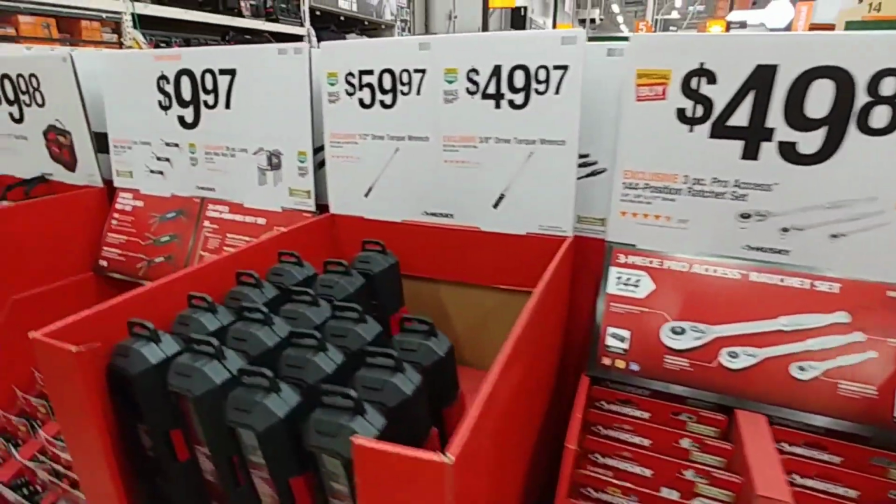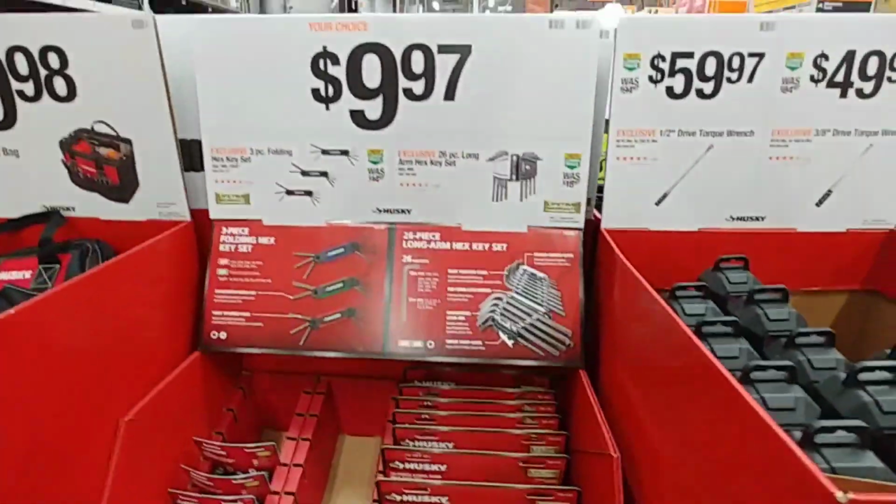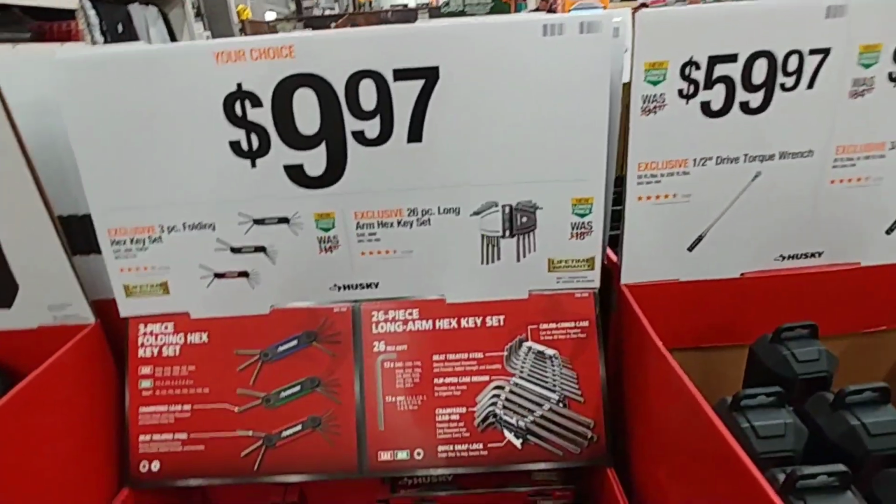144 position. Torque wrenches. Those used to be both 50 bucks, but...